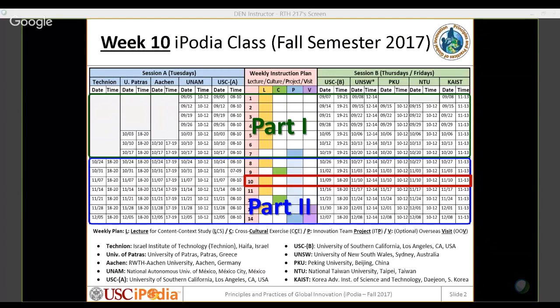Then after that presentation, and again this is to be arranged, I will have to fly from Washington, D.C. directly to Seoul, because I would really like to spend time at the Daejeon campus to have face-to-face time with students from KAIST. If everything works out well, on the Friday of that week I will arrive